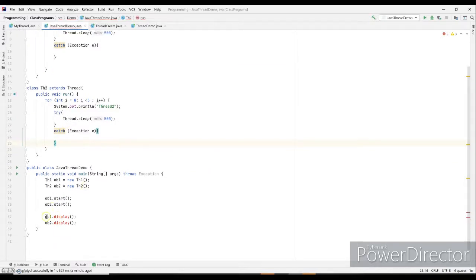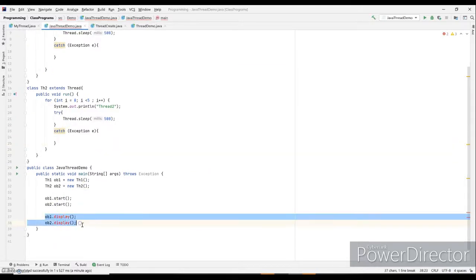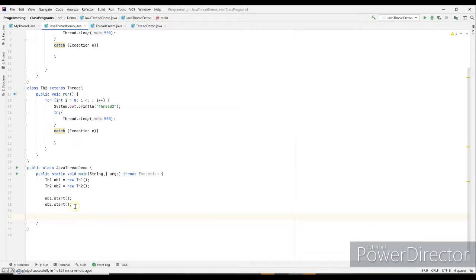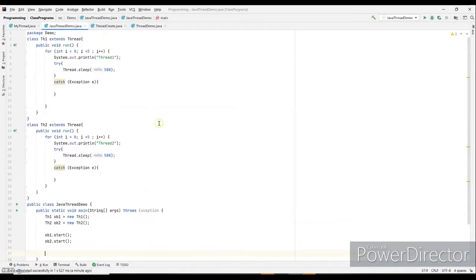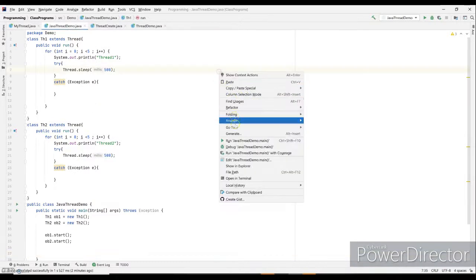Now ob1.display would no longer be valid, and I can simply remove it because the start function would kick the procedure of running the run function. So as a user, it is our duty to always override the run function in order to make the thread execute successfully. Now if I run the function,